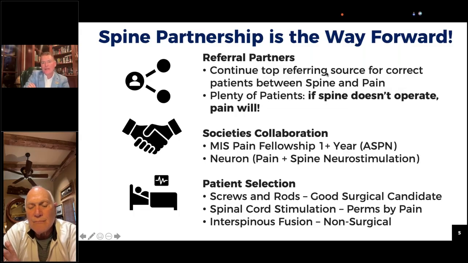And then I think the second thing is, who should do what, that patient selection. Well, that only arrives, in my opinion, if you collaborate together. That's how you decide who should do what. If you're an interventional pain person over here in a vacuum and a neurospinal surgeon in a vacuum, you'll make mistakes on that selection, because there'll be times where I might be better for the person. There'll be times where you and your colleagues may be better. And unless you talk to each other, you'll never figure that out. So that's my takeaways from what you just said, which I thought was wonderful.